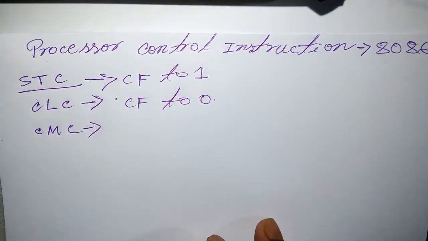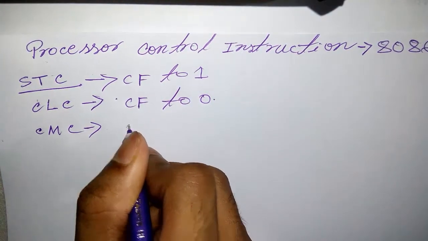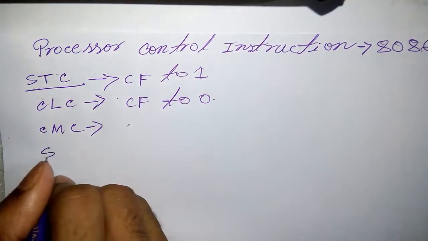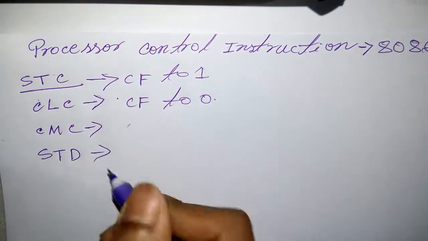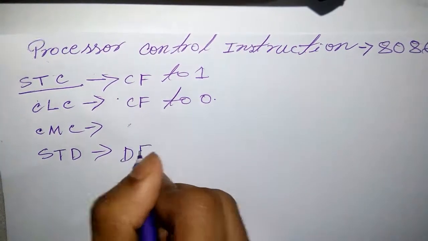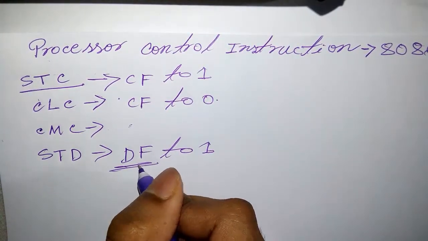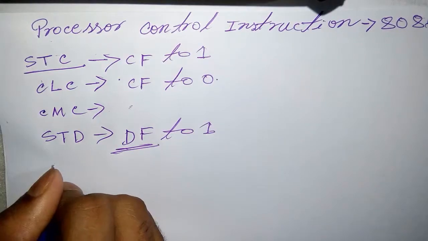This instruction is used to complement the state of the carry flag CF. Okay. And the next one is STD. STD is always used to set the direction flag DF to 1. This DF means direction flag. Okay, and the next one is